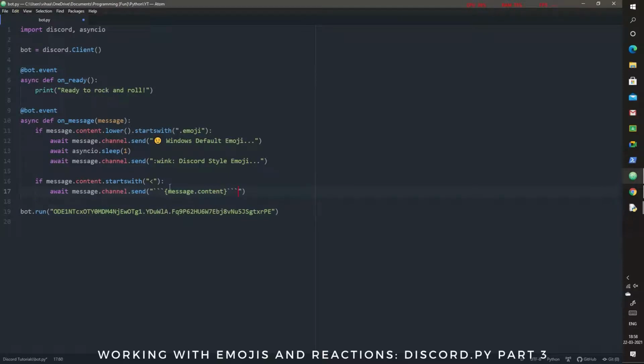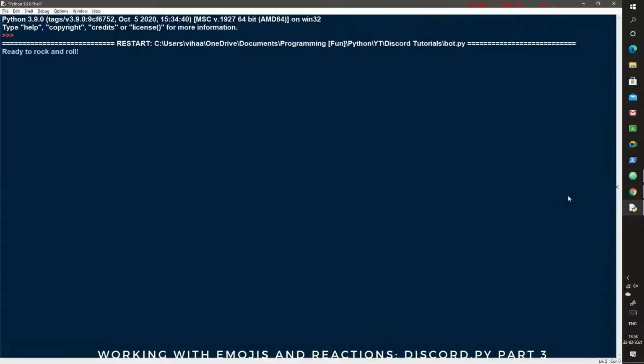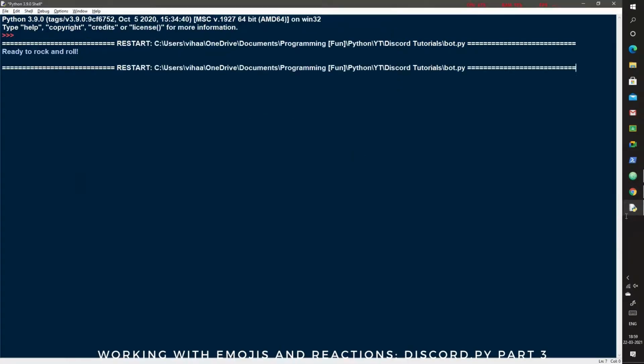So what I'm using here is called the f-string, which will format your message so you can include variables in your string without having to close quotes, comma, open quotes and all that. Just enclose it in these curly brackets. So now let's run this code and check it out. Alright, there's the code.